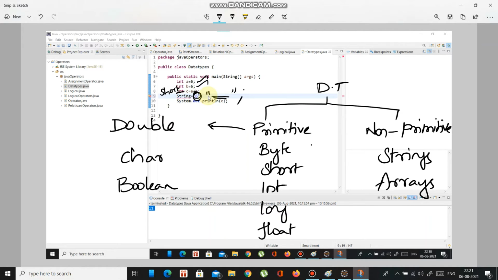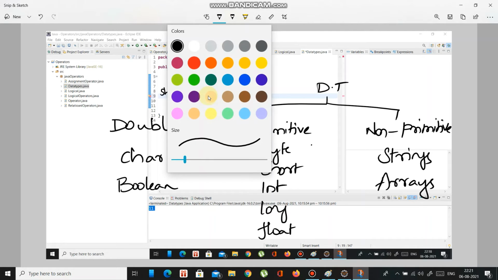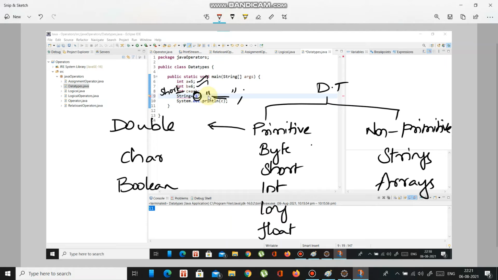So in this also, byte, short, int and long, these are used as non-decimal data types. Non-decimal.